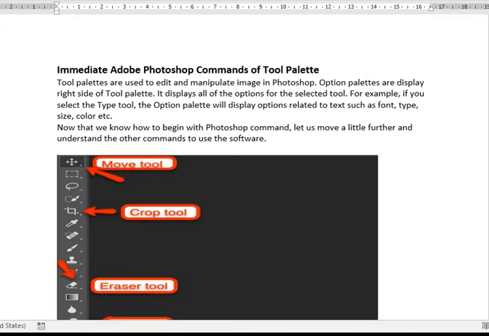As you know, palettes are groups of tools that are used to edit and manipulate your images in Photoshop. Photoshop contains over 2 dozen palettes. Some are shown on your screen and some are hidden, and can be shown using the Windows menu.